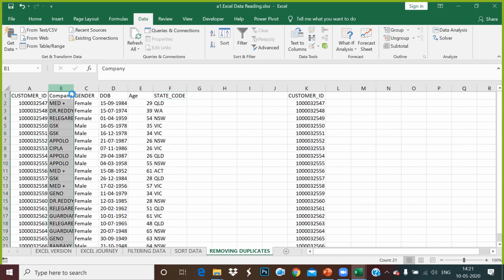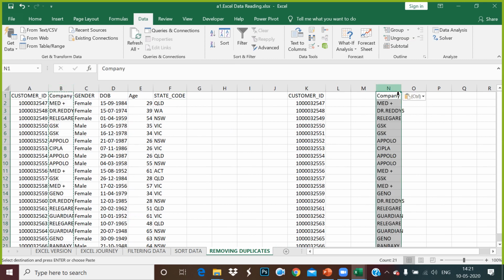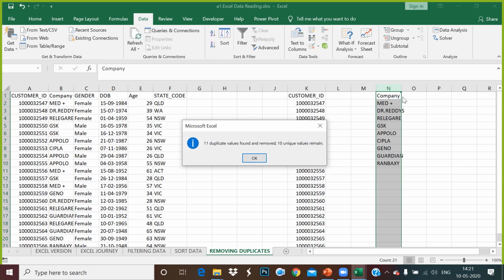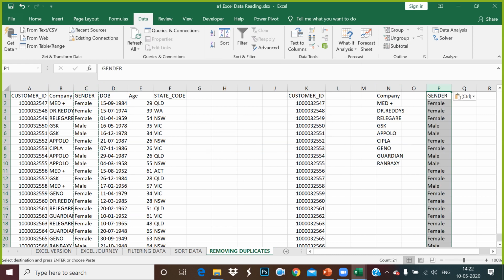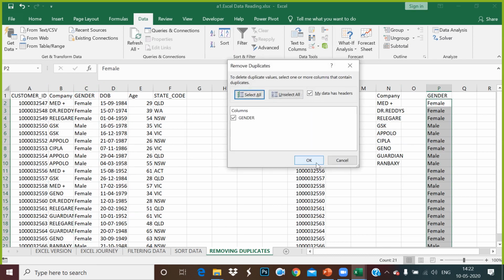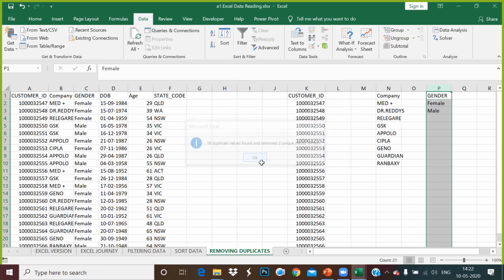But if you go by company and select the company to remove duplicates, it gives you all unique company names. Same thing if you go for gender and you try to remove duplicates, it is going to show you all unique genders over here.